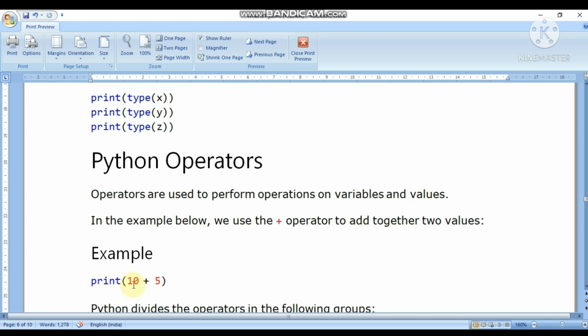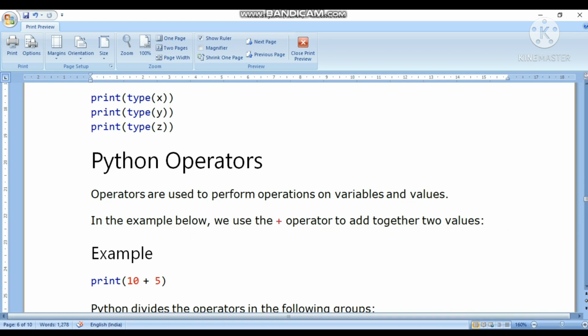So here when we print 10 plus 5, it will return 15, but in the place of plus if we write minus, minus will decide what operation to be performed with 10 and 5. Minus will subtract 5 from 10, plus will add 5 to 10, multiplication will multiply 5 with 10. So here the operator decides which type of operation to be performed with operands. This plus sign is the operator, and 10 and 5 are the operands. In other words, operators are the symbols that decide what type of operation to be performed with operands or variables.